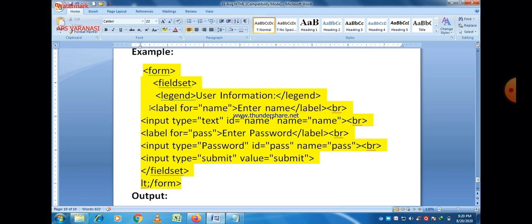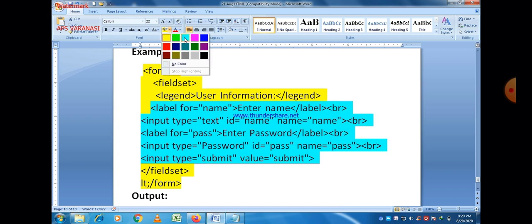It means the same program as the previous one, but with the fieldset element here. And fieldset is always used with legend. Always remember that.